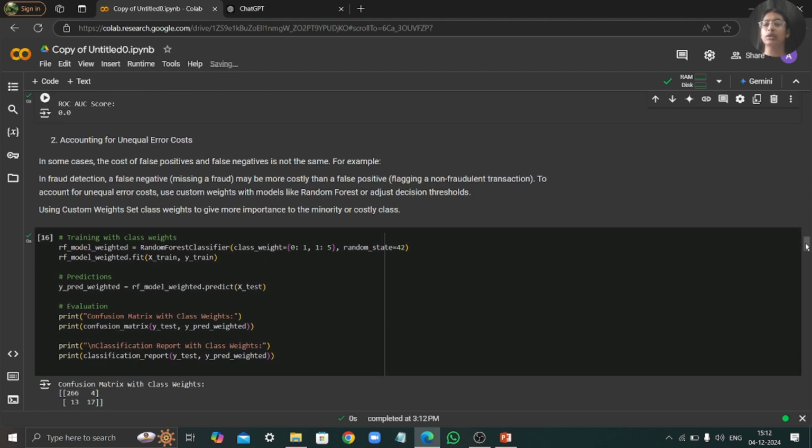In some cases, the cost of false positives and false negatives is not the same. But why? Let's take a fraud detection case, where a false negative may be more costly than a false positive. Because if we miss a fraudulent criminal, he can cause more fraud activities. But if we accuse a person who is not actually involved in fraudulent activities, we can release him